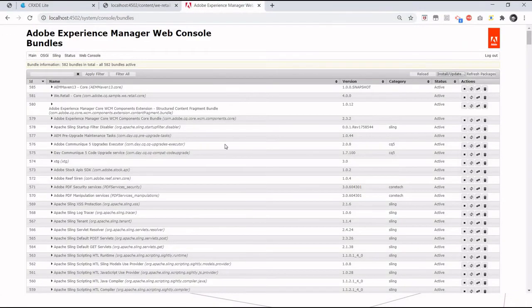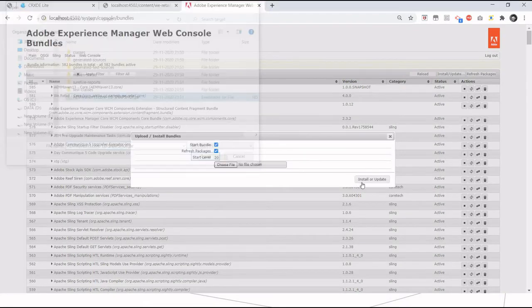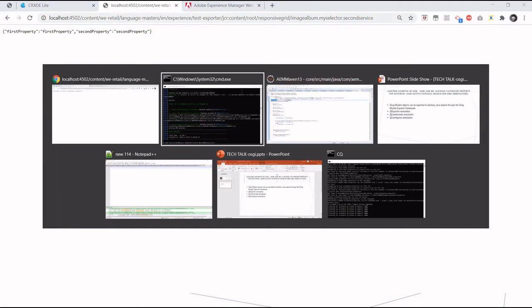Yeah, it's done. Let me just install the bundle. Okay, previously we used to get both properties for both the extensions.